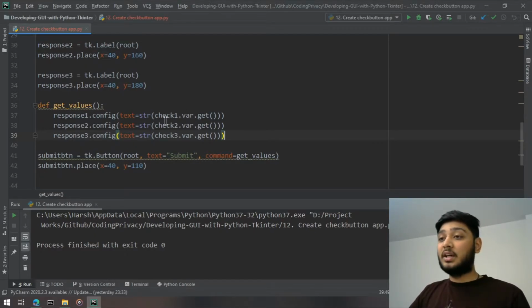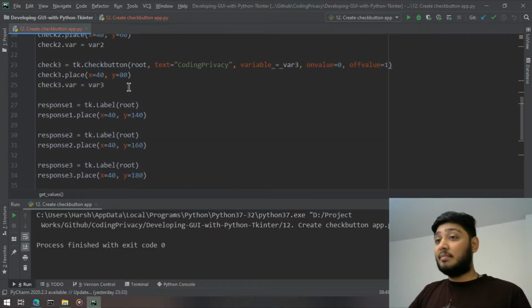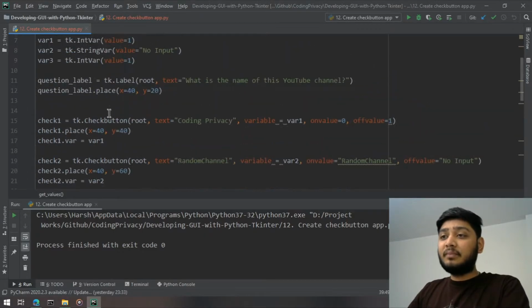If you know the specific check button, then you can get the value of its variable. This is really important, because you are not going to remember a lot of stuff when you create a medium range application. This one is a pretty basic application for now.